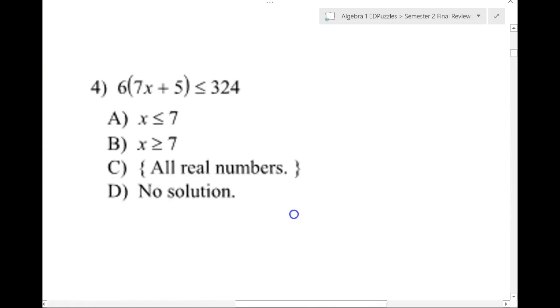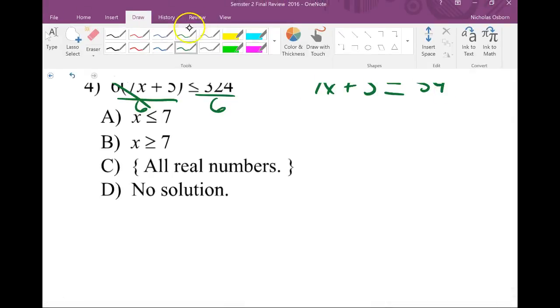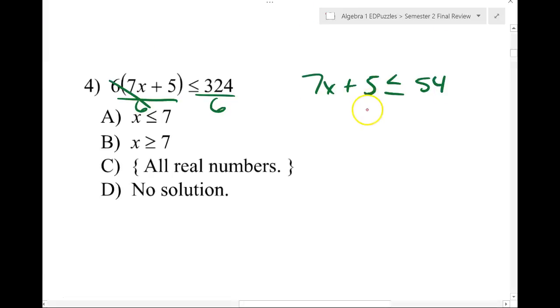Okay, so number 4. Same thing. This is a pretty big number, so I think I'll divide by 6 on both sides. Cancel that out. 7x plus 5, same sign, bring that over. And 324 divided by 6, I believe that's 54. And then what you want to do here is get rid of the 5 by subtracting